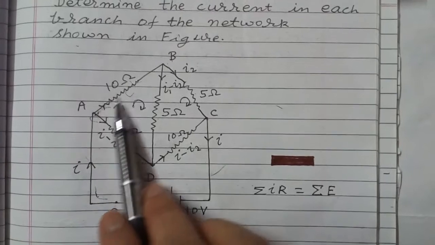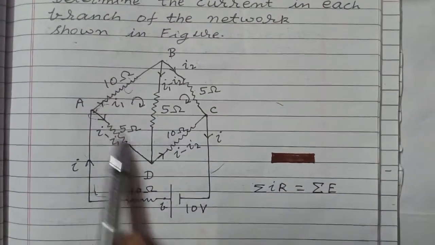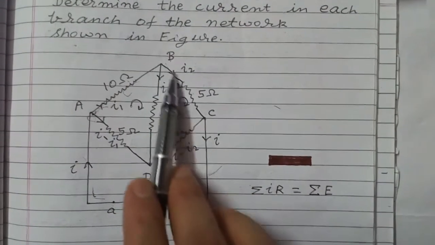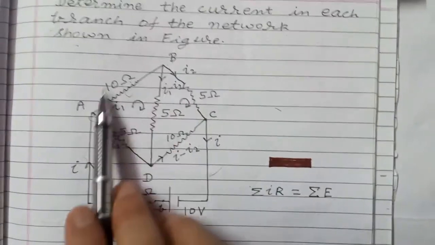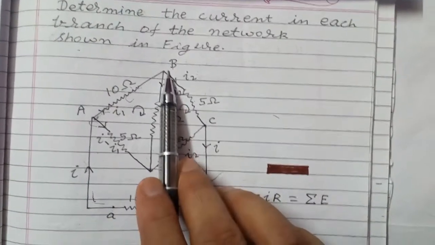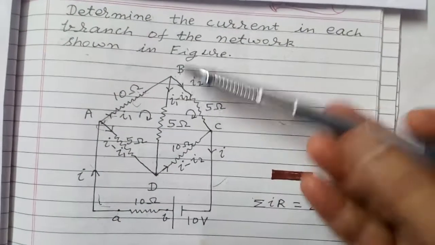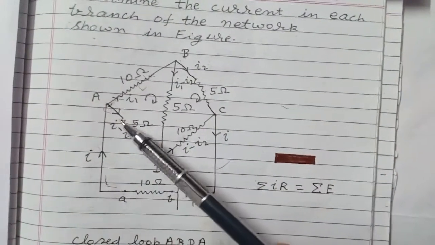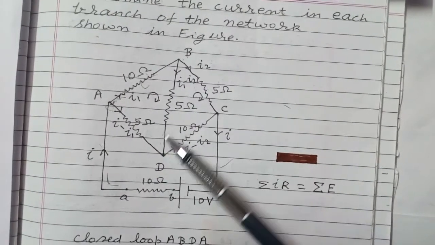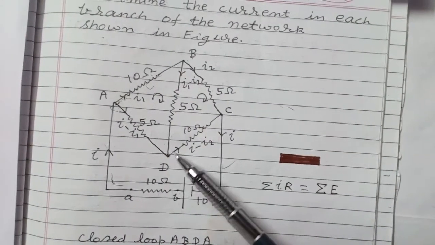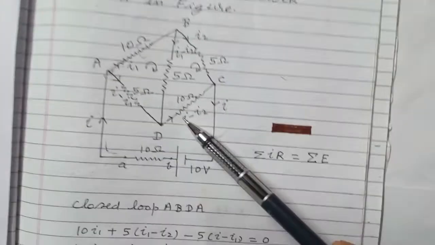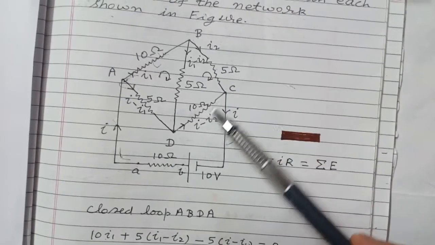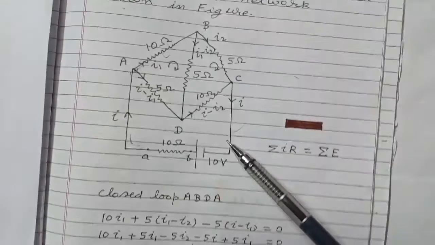At point A this current is distributed in two ways. Suppose in the 10 ohm resistance the current is I1, so current in the 5 ohm resistance is I minus I1. At point B suppose current in the BC arm is I2, and at B the current is again distributed. So in the BC arm I2, and along the diagonal in this 5 ohm resistance current is I1 minus I2. Now I minus I1 and I1 minus I2 currents meet at point D. So current in this DC arm 10 ohm resistance is I minus I2. Sum them, this gives I minus I2. At point C the currents meet again: I minus I2 plus I2, this is equal to I.